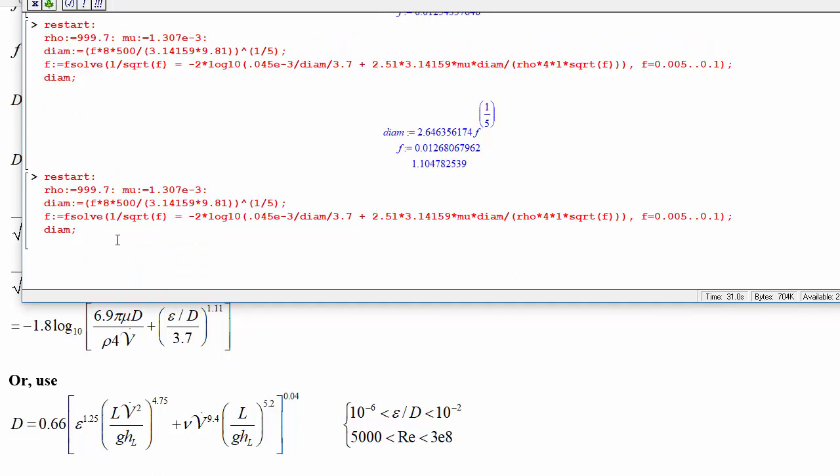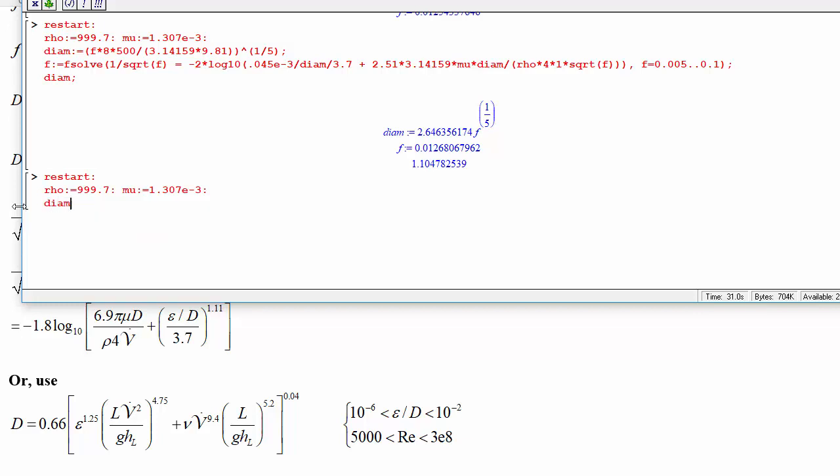now not knowing the friction factor, we'll say that the diameter is 0.66 times epsilon, 0.045e-3, to the power of 1.25, times L. Put in L. L is 500. The volume flow rate is 1, divided by, we'll put in G as well, over G. Head loss is 1